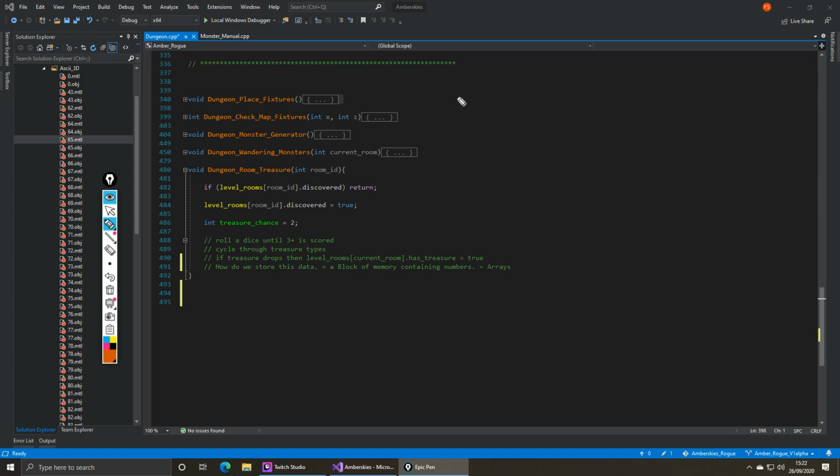So, an array. Right. What you would specify when you use an array is a number, so type.